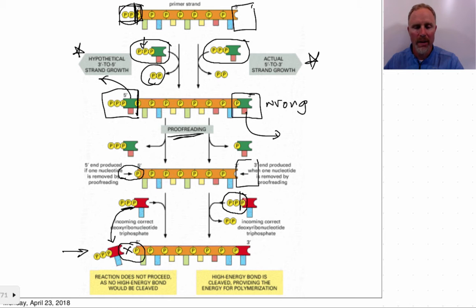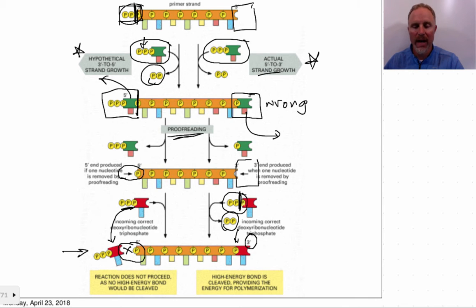So now here's our energy source. When we break that bond, we can join it right here and we get rid of those phosphates and the process continues. So in the actual 5' to 3' growth, adding to this free 3' end right here, what you have is the